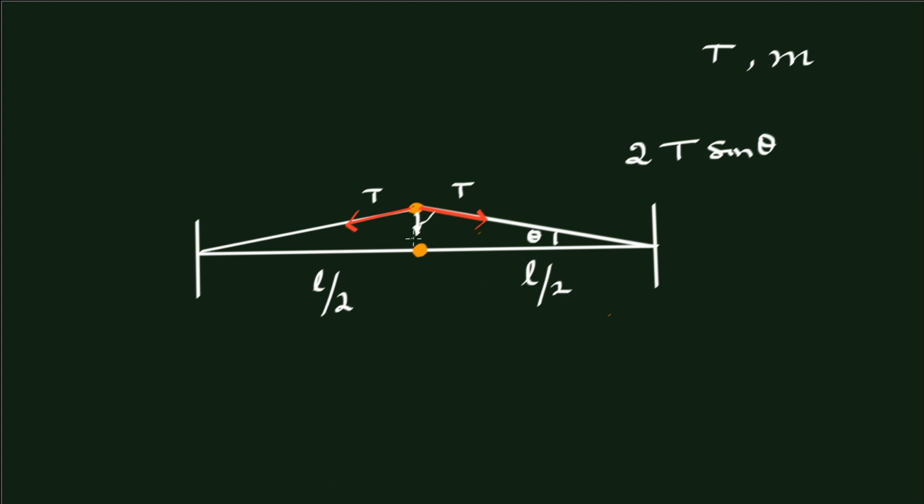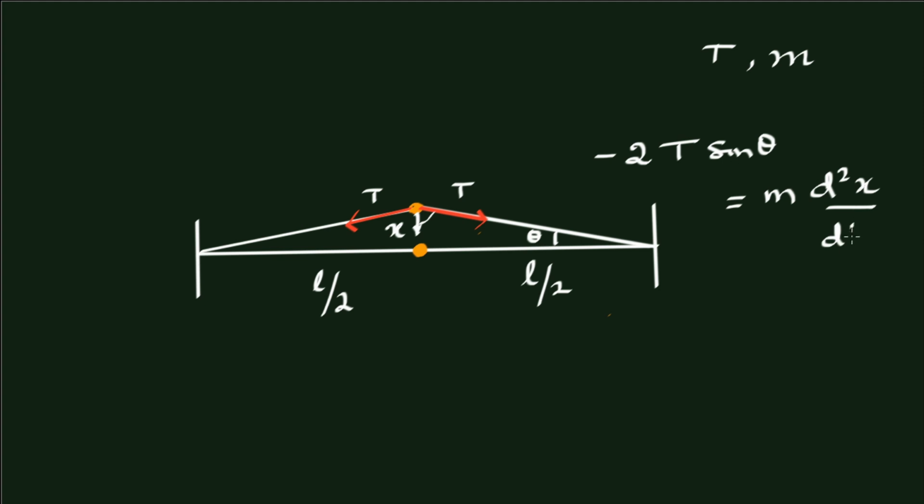Now if you look at this drawing, let's say the displacement at this instant of time is x. Notice that I've taken x as being positive upwards, and since this force points downwards, we should put a minus sign out there. And then we equate this, the net force, to the mass of the bead times its acceleration,